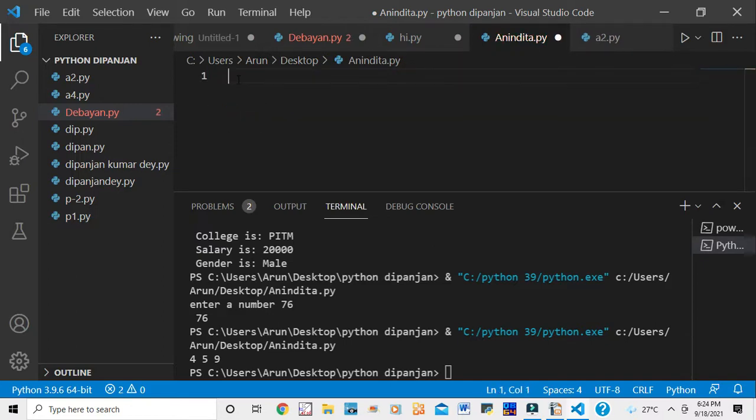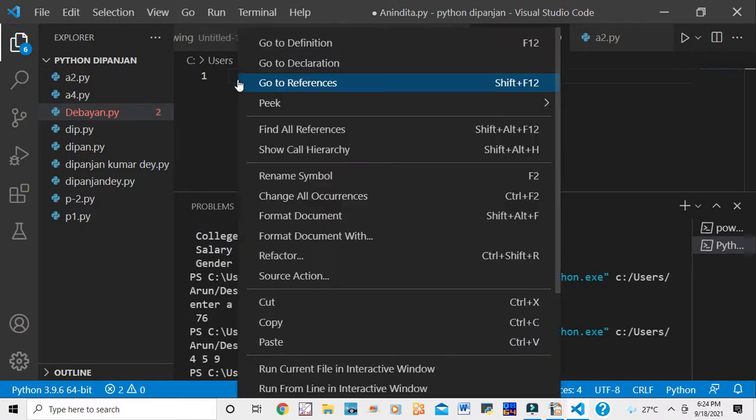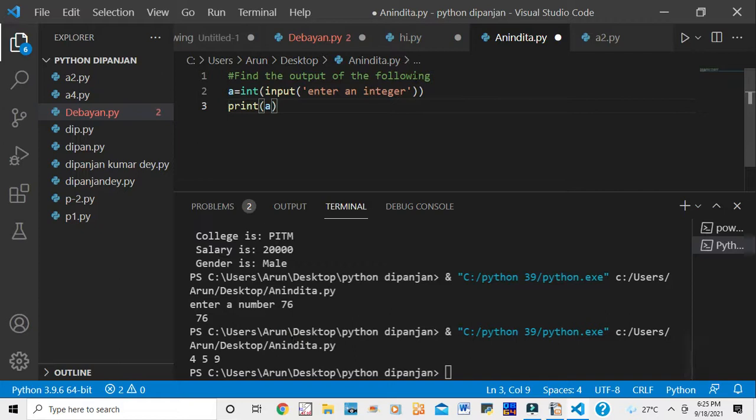By right click I am pasting over here. Then you see, find the output of the following. A equal to int, then input, enter an integer, that is the input output function. Output function is also known as print function. So this is input, this is output. Now I want to run this.